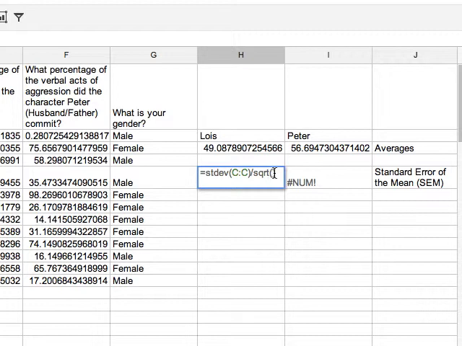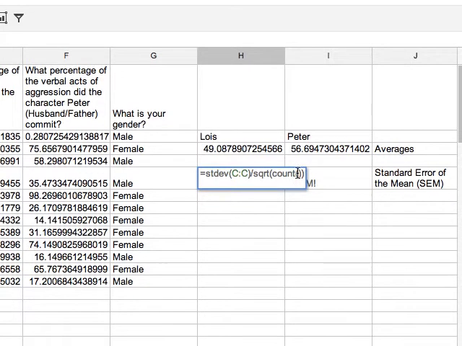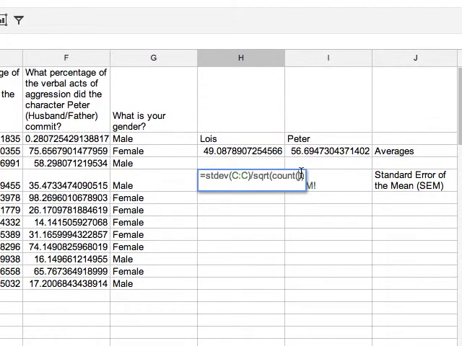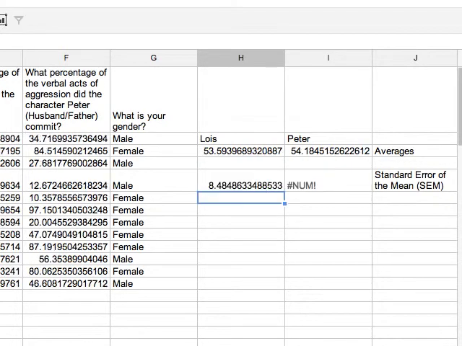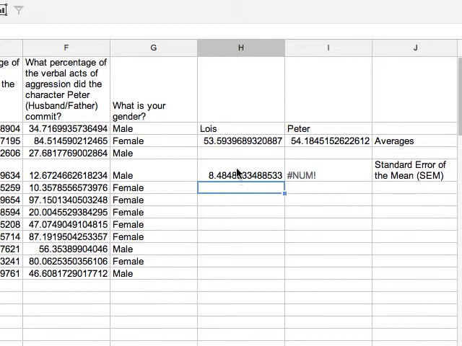So we can use the function count to count all of the values in column C. All right, that gives us our standard error of the mean,